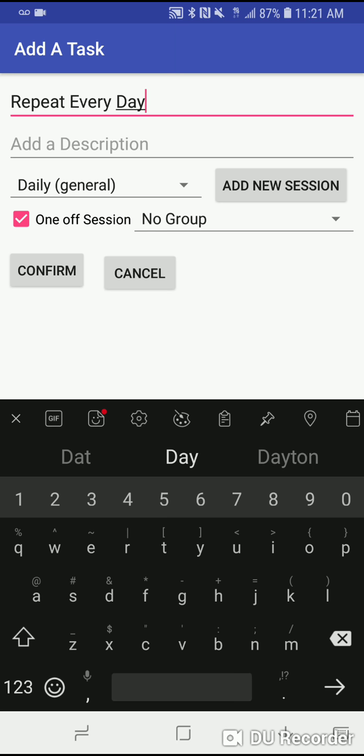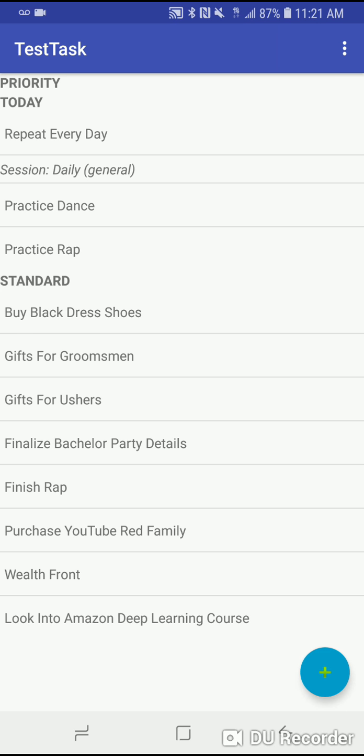But anyways, once you confirm it, it then just gets put into a priority queue. And what will happen is it will get assigned to the session daily tomorrow, but since it's the first time generating, it seems to be putting it outside of it. Again, another feature that can definitely be improved, but it works really well right now, and so I choose not